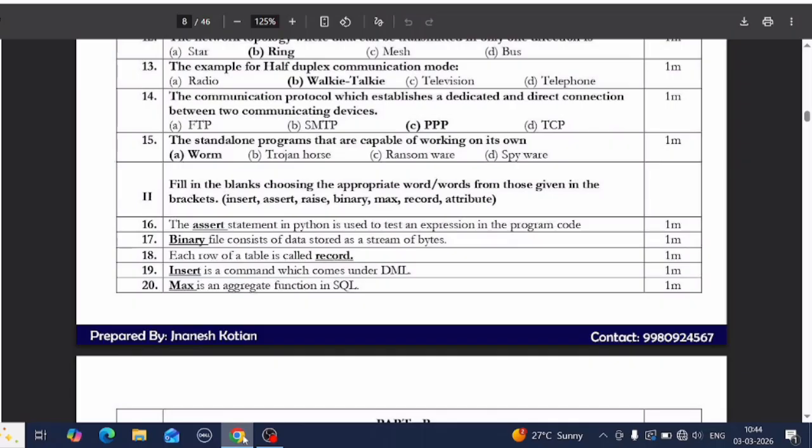And the last one is 20. Dash is an aggregate function in SQL. If you are good at mathematics, you can understand that max is an aggregate function in SQL. Because we don't have any other mathematical function over there, max is the aggregate function in SQL that gives the maximum number, and that is all about your first 20 questions of